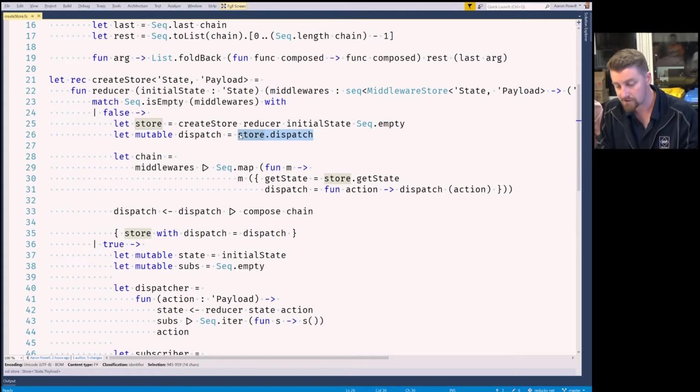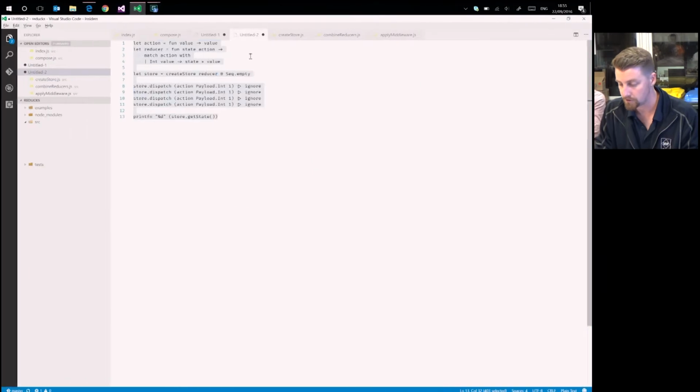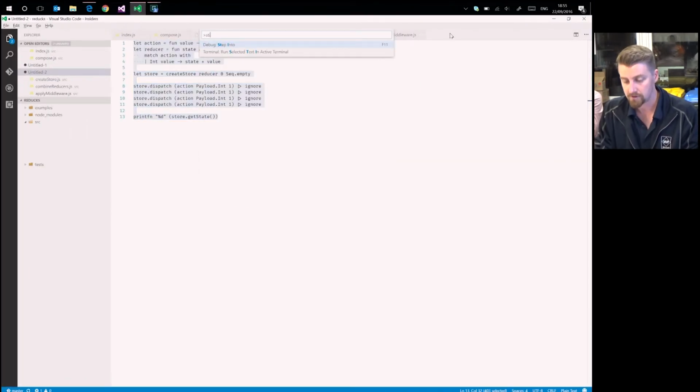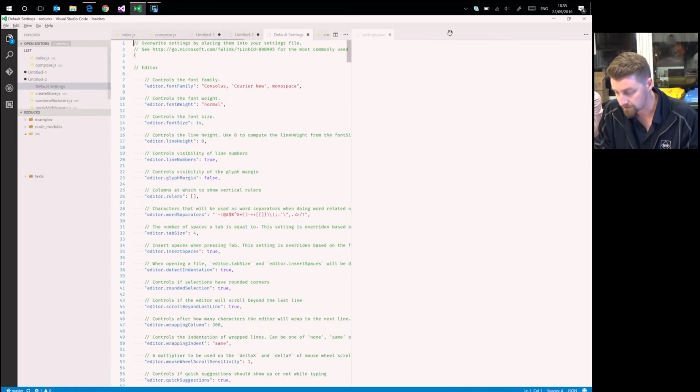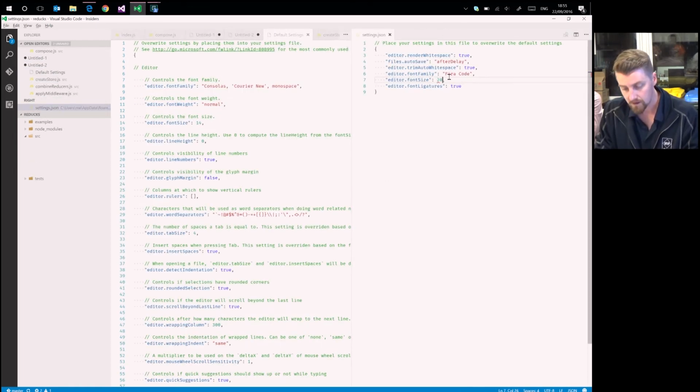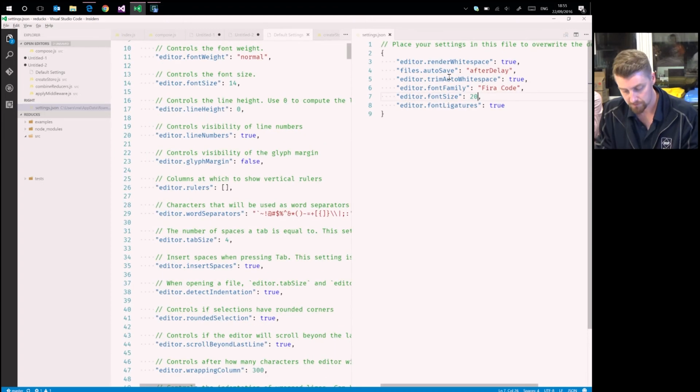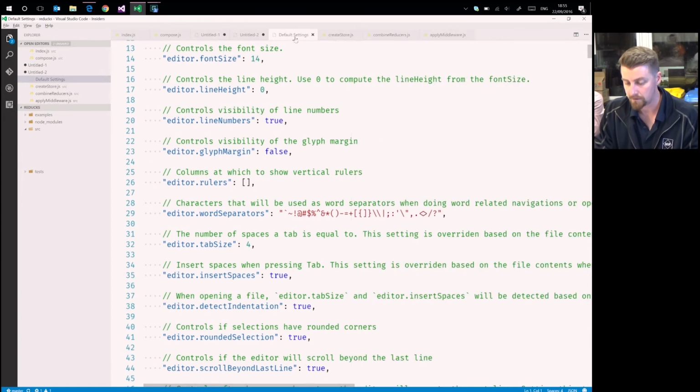Now, it might be easier if I show you how this works. Let me just go to settings and increase the font size here. Is that going to be big enough? No, we'll go up to 24. Okay, so I'll just kind of illustrate how that would look